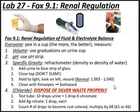And then we want to make sure we count the number of drops it took to turn the urine a rust color. Also important to note that potassium chromate is actually the same color as urine. It's a yellowish color. So we're basically looking for the reaction of the silver nitrate with the urine plus the potassium chromate. So again, we count the number of drops it took